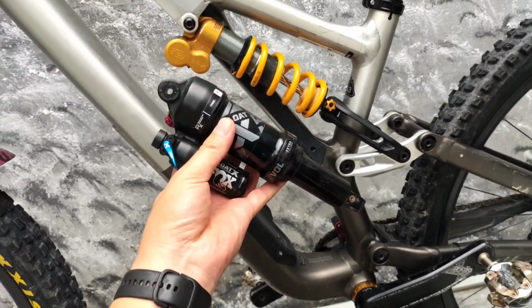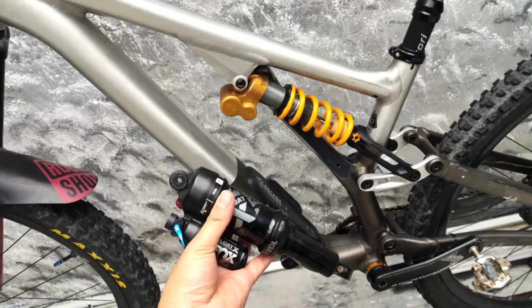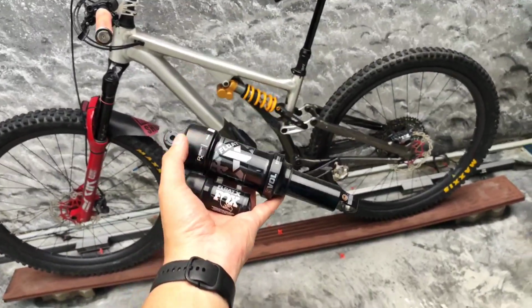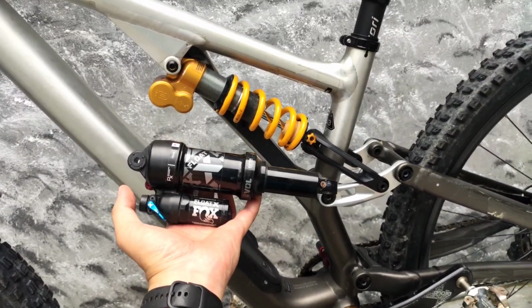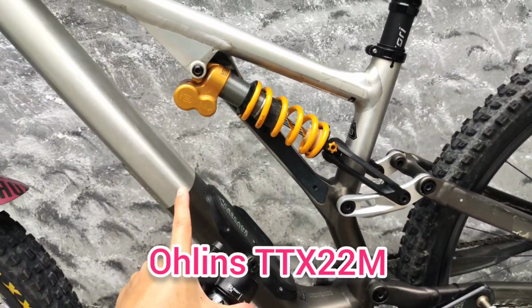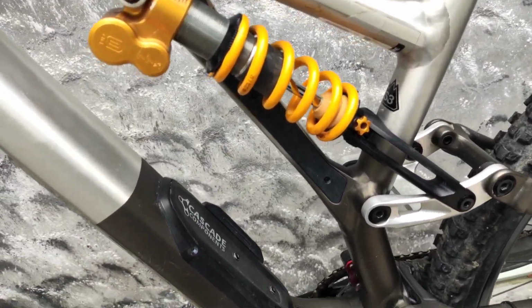But because I'm a tinkerer, today we're going to talk about the upgrade from the Fox Float X, which comes standard on the Specialized Stumpjumper Evo Alloy frame up build, versus the Ohlins Coil TTX22M. Okay, anyway, for this frame there are only 4 different companies that make coil springs that will fit this frame, because